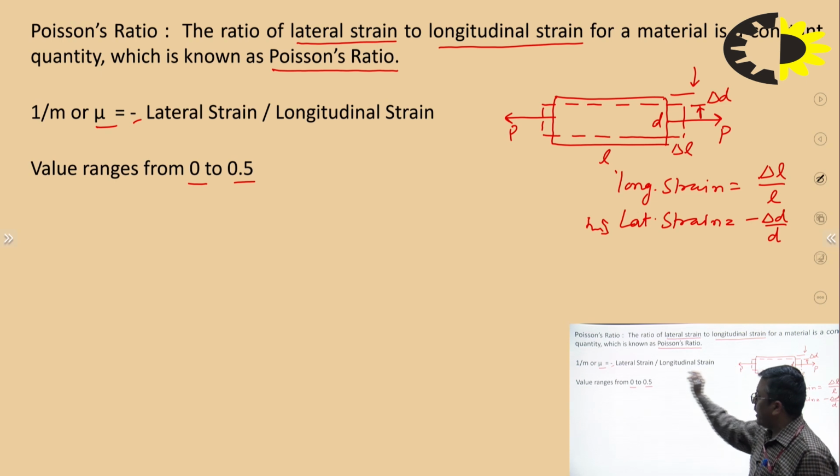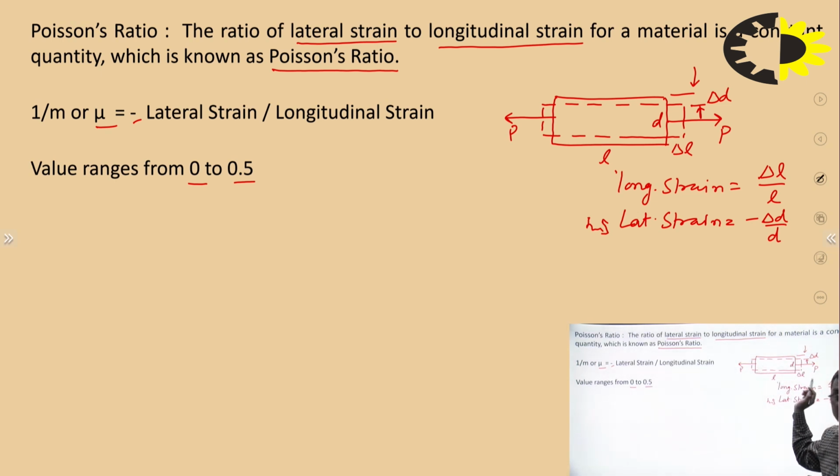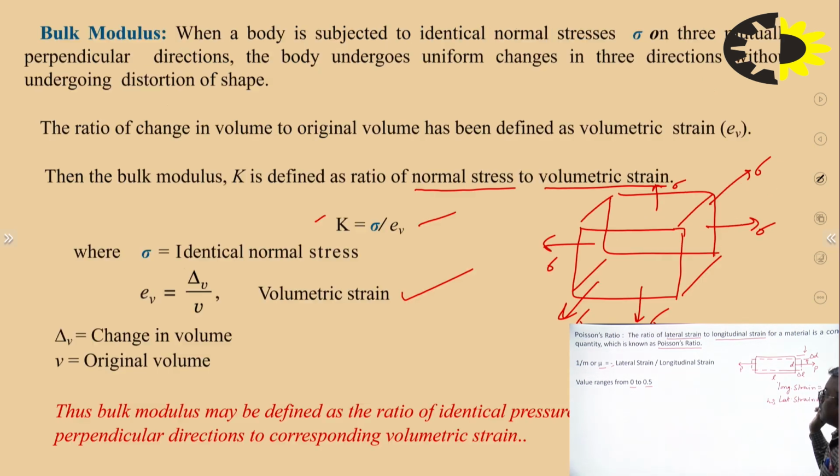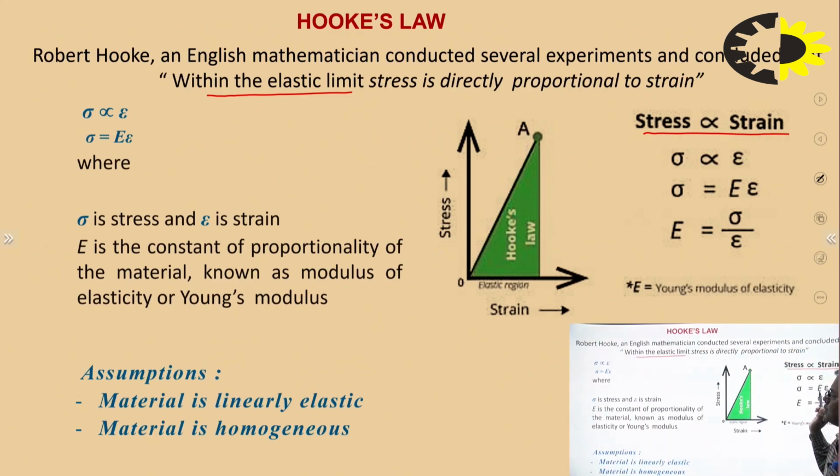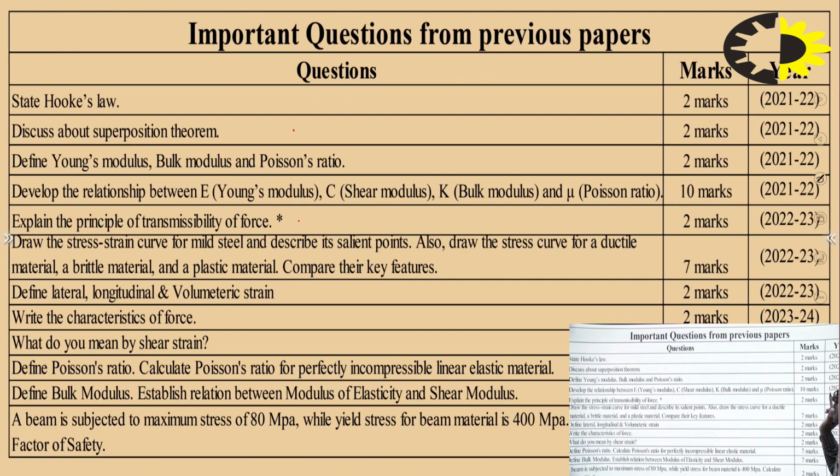Okay, and its value is 0 to 0.5. Here you can observe, if the length is increasing, then the width or thickness or the diameter will be decreasing. That's why the negative sign has been taken. So this is Poisson's ratio. Again, I am repeating, the ratio of lateral to longitudinal strain for a material is a constant quantity which is known as Poisson's ratio. So here, if I go through the table which I have drawn here,